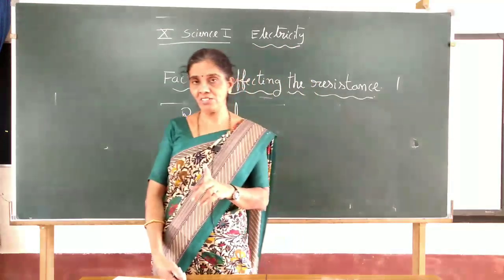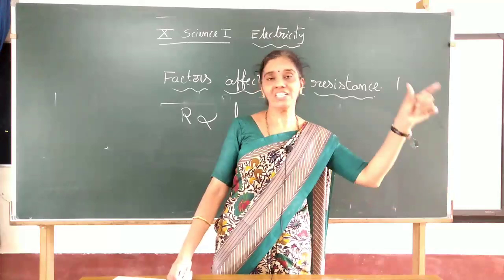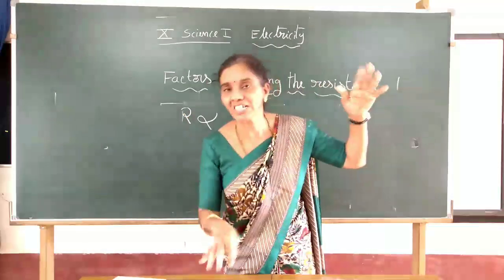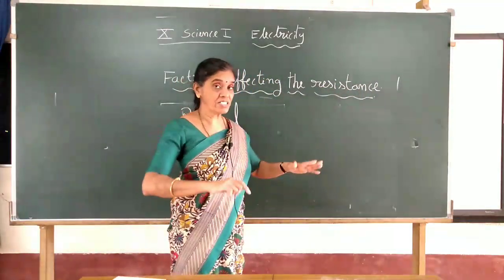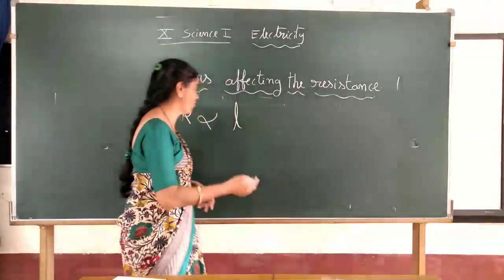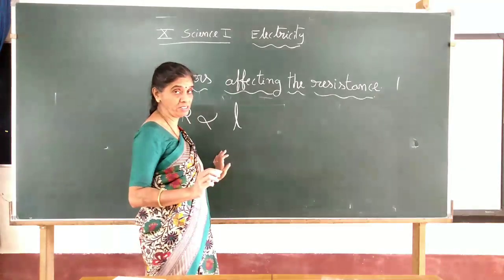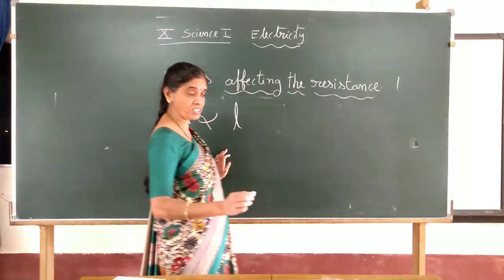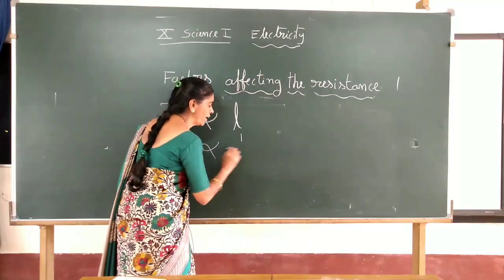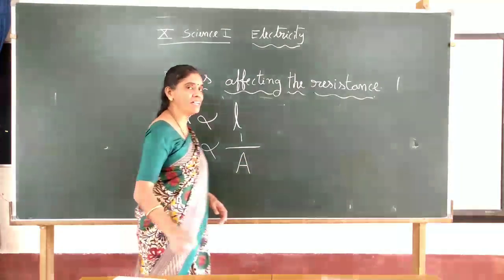Direct proportion in mathematics means if one value increases, the dependent value also increases. Inverse means if one value increases, the other dependent value decreases. Here thickness increases, current is more, so obviously what is less? The resistance. The second factor is that the resistance depends on its area of cross section. Thickness is nothing but area of cross section. It is inversely proportional. So how do we write inversely proportional? 1 over that value. Area we usually write with the letter A.